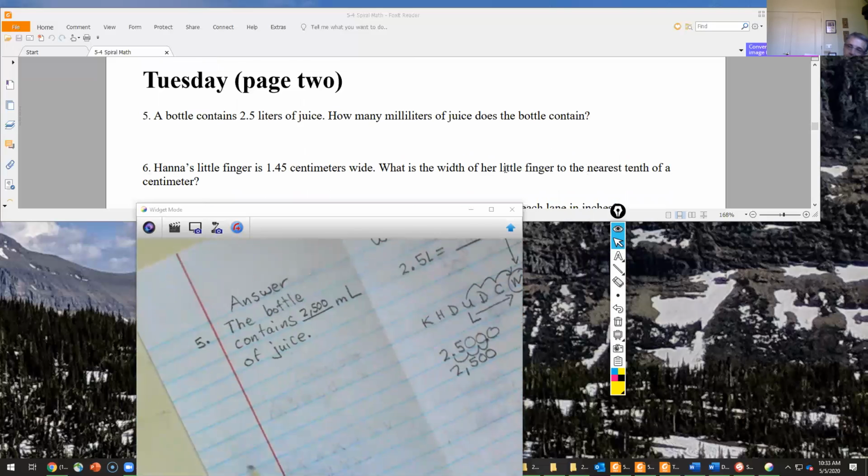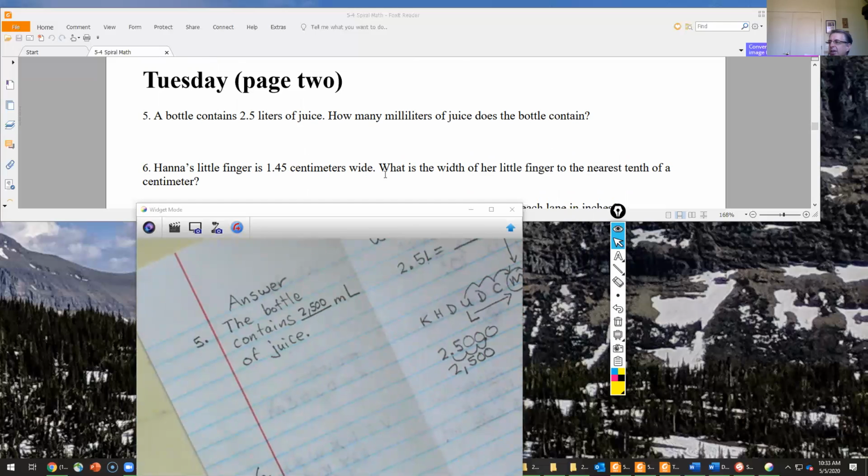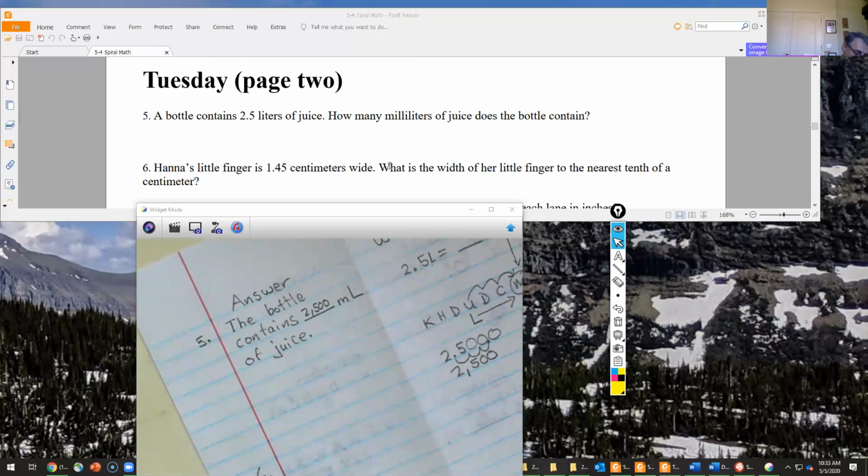Oh, Hannah's little finger. I think we've done this one a couple times before in the past. Hannah's little finger is 1 45/100 centimeters wide. What is the width of her little finger to the nearest 1/10 of a centimeter? So I'll go ahead here and I'll put, let's see, the width of her little finger is